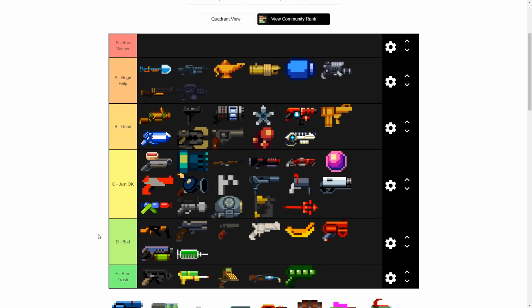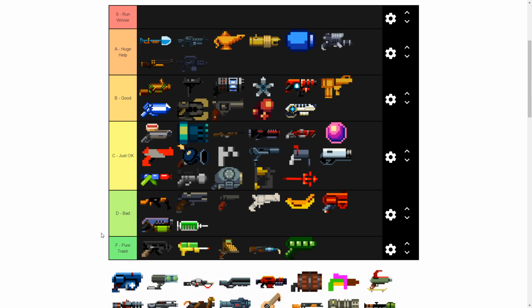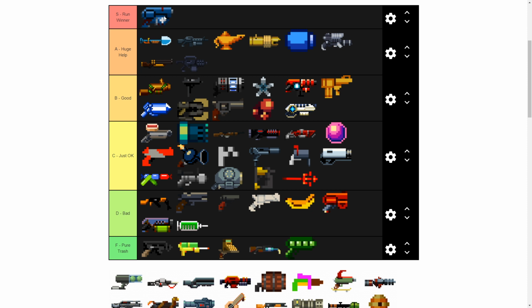Polaris, this is a weird one because Polaris is really good and it does insane damage, but it heavily relies on your ability to not get hit. If you're a person that goes throughout most of the game taking minimal damage, this is easily a run winner. If I can stick this at level 3 and keep it at Polaris level 3, it is a run winner. But even I can't keep it at level 3 all the time. I have had a few runs where I've done it, but for now I'm going to put it in just good